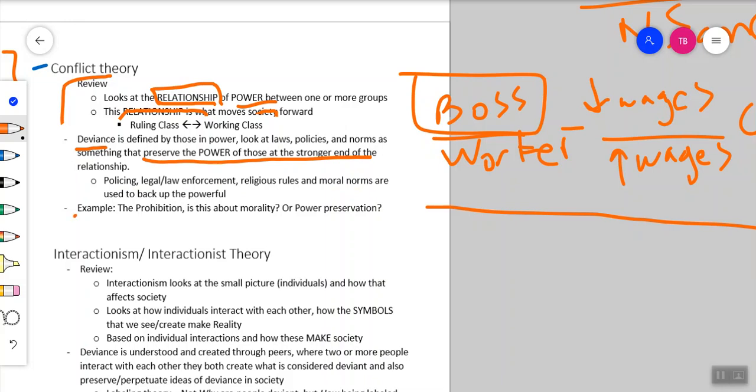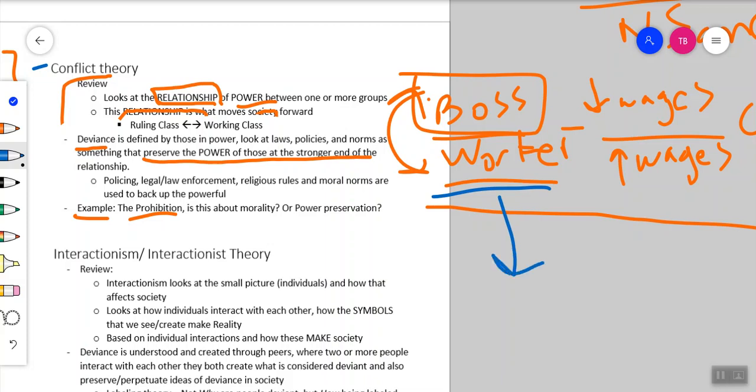Right? So an example I'd like to give for this is if we look back in the 1920s, during the era of prohibition, when alcohol was made illegal in the United States, the idea popularly is that alcohol was made illegal because it was an immoral thing. That people were getting too drunk, and we didn't want to have that in our society anymore. An alternative view, a conflict theorist would look at this as a way of kind of like between the boss and the worker, and saying that the reason alcohol was made illegal was more about preserving the boss's power, because when workers